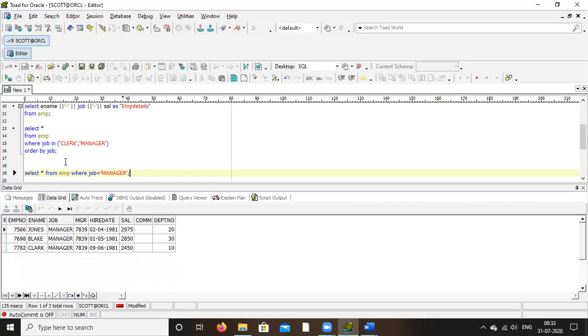But we need to use count option also. Okay, now here you get 3. Now you want star, means it will get all the records. I don't want records, just count I want. So instead of star, write count star.